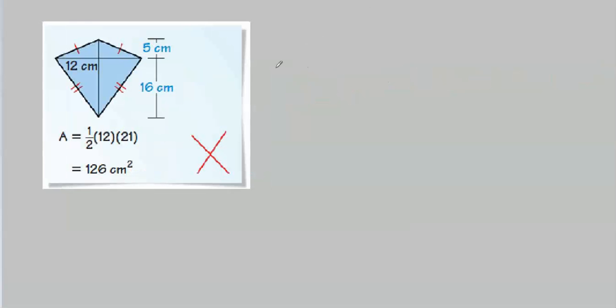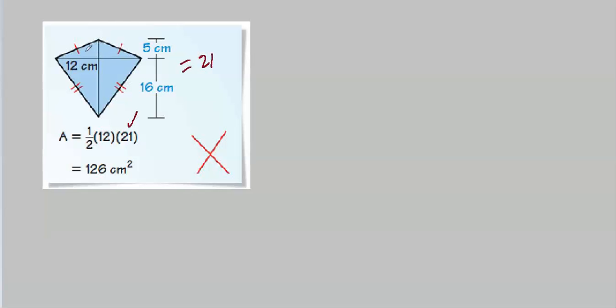Now let's see, what went wrong here? Once again, this is way too practical for any congressman to be working on. Who knows who took a shot at this one? They had the right idea. They're using the diagonals to get the area. That's the right thing to do. We don't need it separated. We don't need to know that this is 5 and this is 16. We just need to know the total length of this diagonal. And that would be 21, right? 21 down here, so that's good.